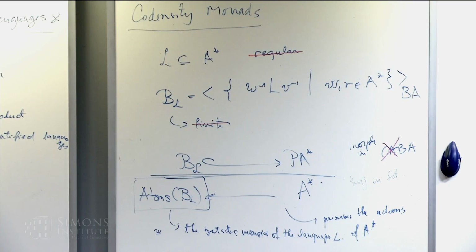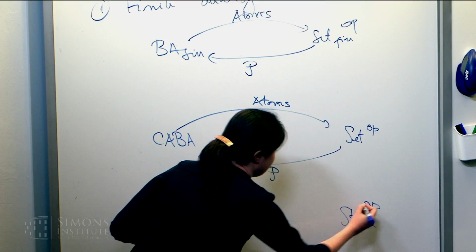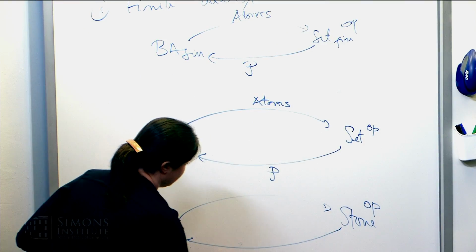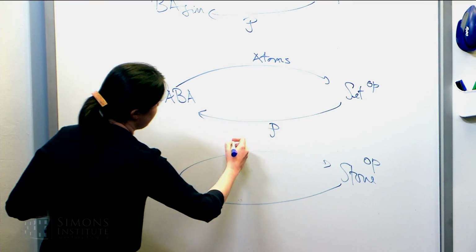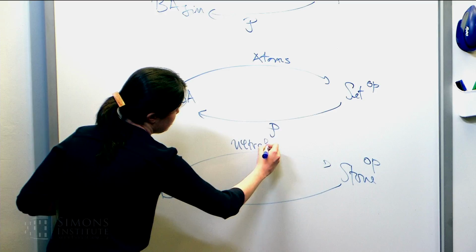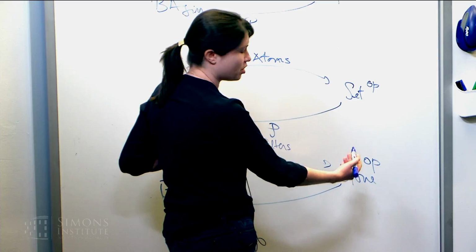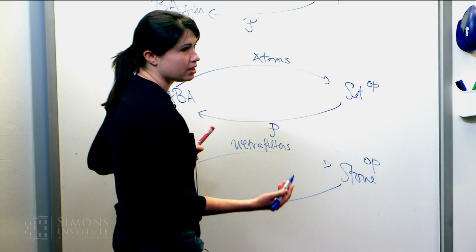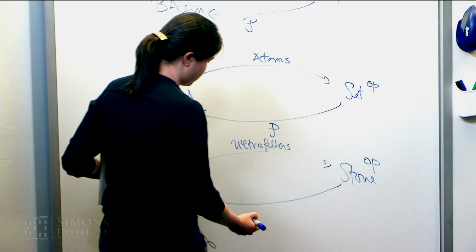Maybe I'm not sure if it's visible. It's visible if I write it down here. So I have the category of, it's just the standard Stone duality theorem. If you don't know it, I don't have the time to actually explain the functors, but the point is that if you start with a Boolean algebra, instead of the atoms, one would have to consider the set of ultrafilters. And then come up with a topology on this set of ultrafilters, which is compact, Hausdorff, and moreover zero-dimensional, so it has a basis of clopens.